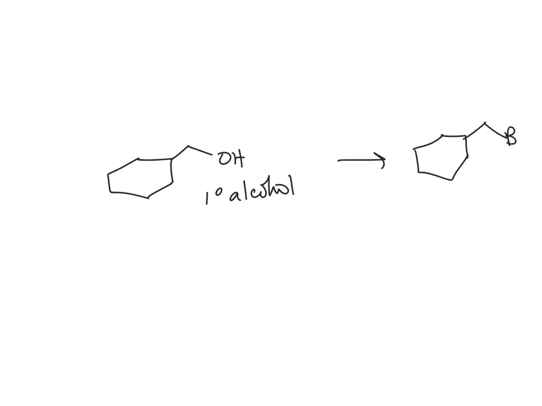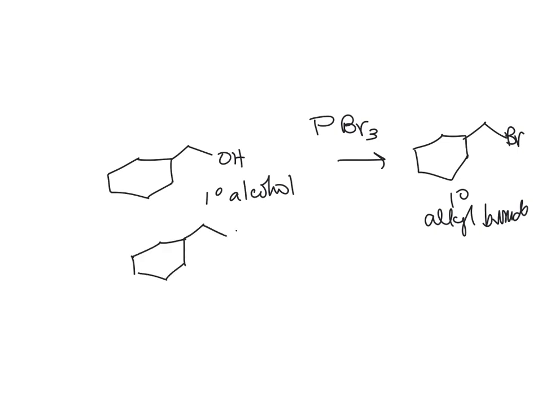All right, so what's our functional group transformation here? We're going from a primary alcohol to an alkyl bromide. Primary alkyl bromide. Okay, so you can see that PBr3 will do that. And if you remember, you don't have to know the mechanism here, but basically phosphorus loves oxygen, sulfur loves oxygen, and so this generates this